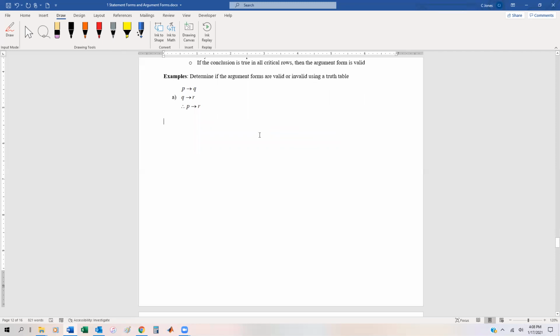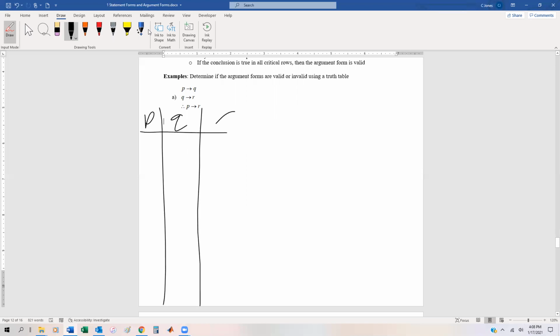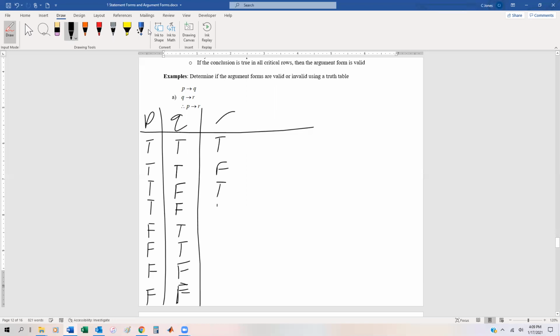So first thing we're going to do is draw the truth table, just like we've done a number of times. So we need a P, a Q, and an R. And hopefully I have enough room in here. So 4 trues. So remember the trick, 4 trues, 4 falses. And remember 2 trues, 2 falses for the second column if you have 3 statements. And then you just toggle the last one, true, false, true, false. All right, so